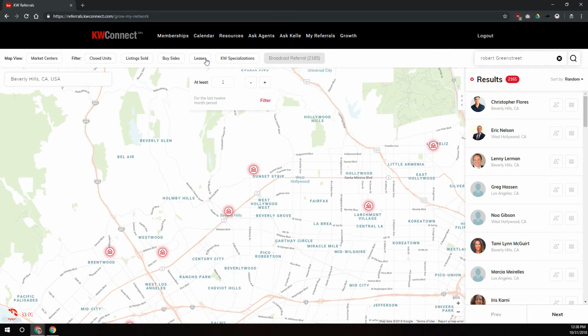You can filter by a number of leases if you want. If you're suggesting a rental or a lease client over to somebody, you can do that also. And then under KW specializations, is this person a member of mastery coaching? Are they a member of GPS, luxury, commercial, land, young professionals, or are they an expansion agent? I'm not going to select any of those there. Now, this last button here, this broadcast referral, apparently there are too many agents to broadcast this referral to. So maybe let's